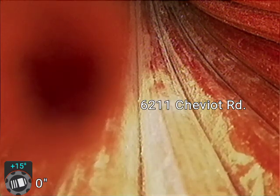We're at 6211 Cheviot Road. This is a sanitary lateral inspection for the purchase of a multi-unit apartment complex. There's one building. There are two stacks, but the other one is inaccessible on the